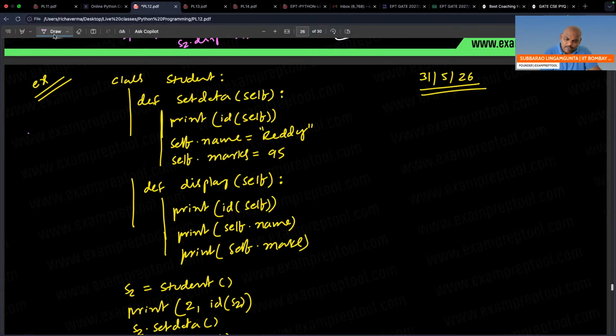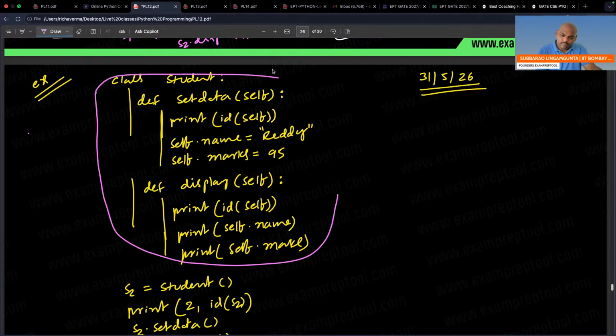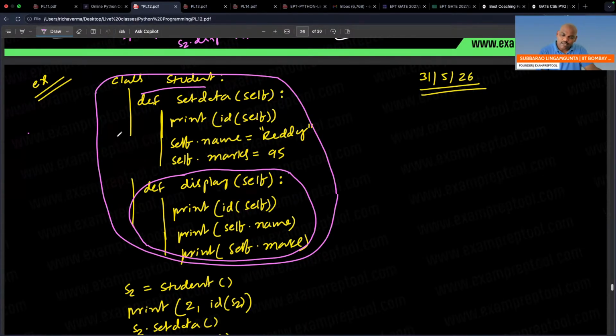So let me write. This is a class which internally contains two functions. It is one function, and it is another function.